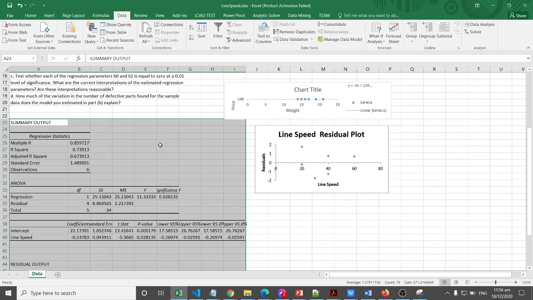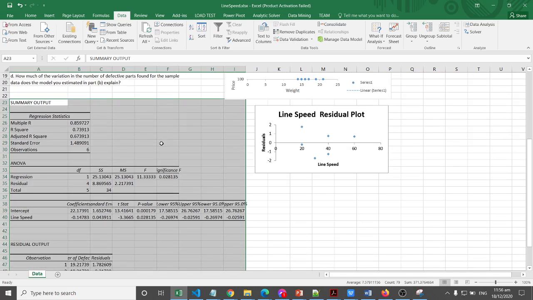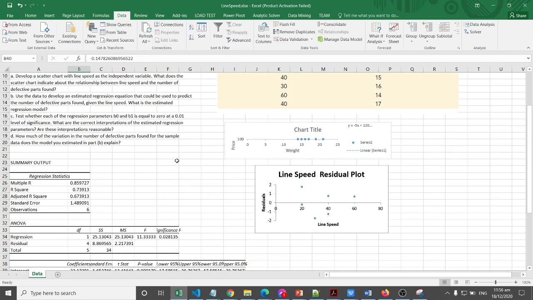Yeah, that's right. So the estimated simple linear regression is 1739 minus 0.1478x. All right, so this is for letter B, y is equal to